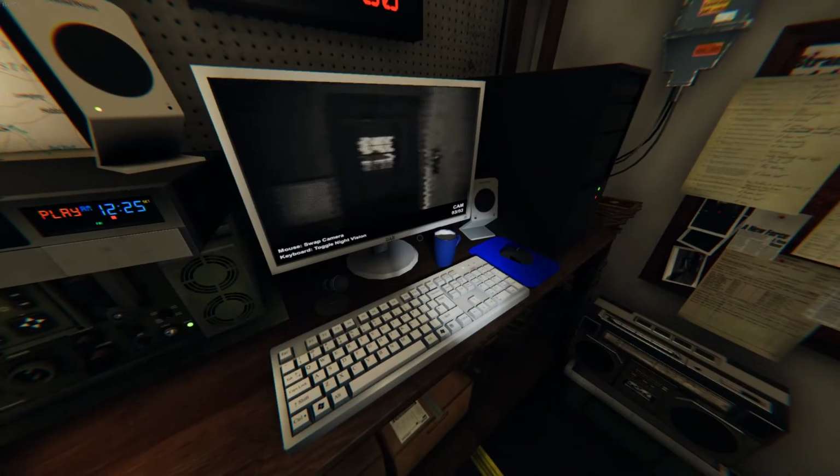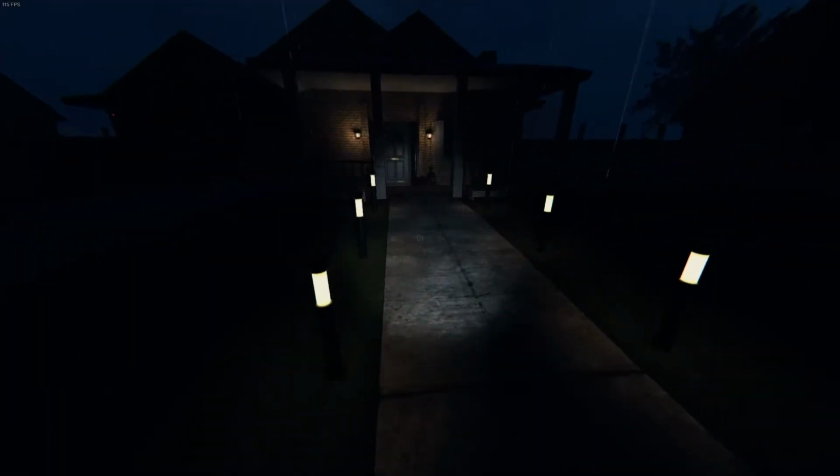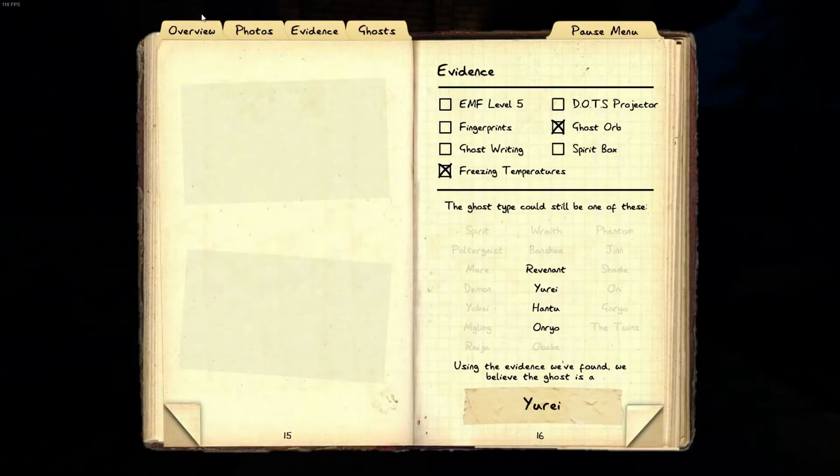But at this point, to get more evidence, I'm probably going to get it to hunt me. Again, I'm using the cams. It's good to see where it's spawning. So basically right now, I've eliminated the Yurei and the Oni. Insanity pills give very little sanity, so...